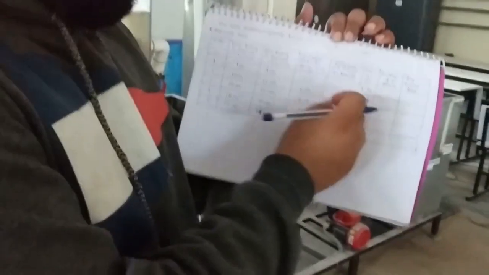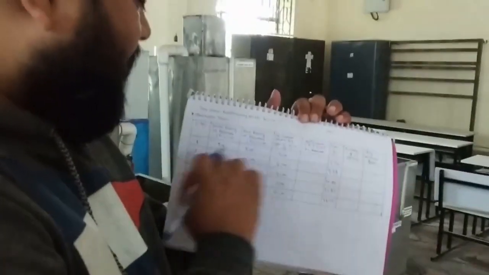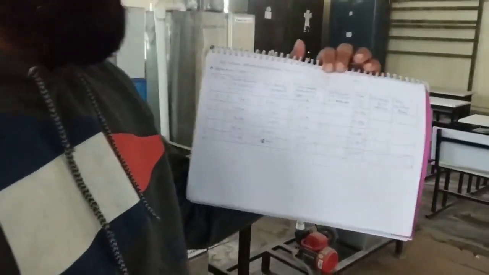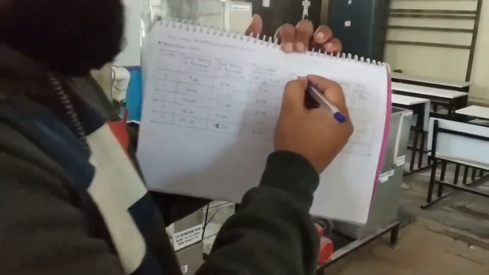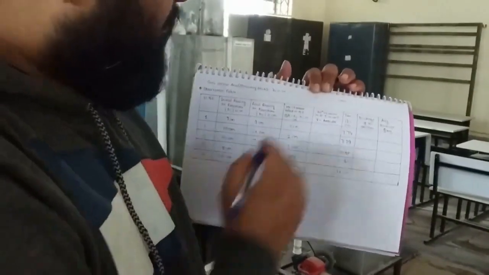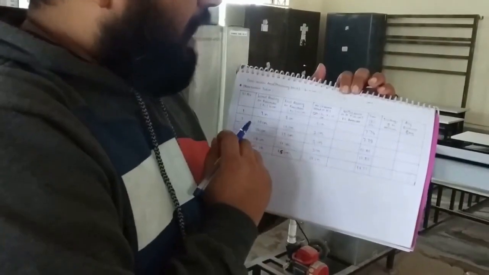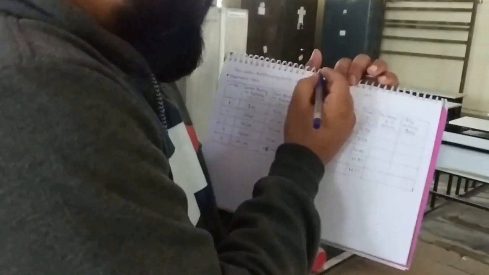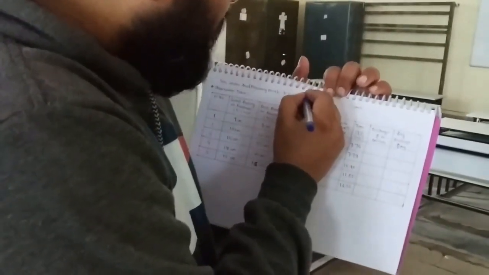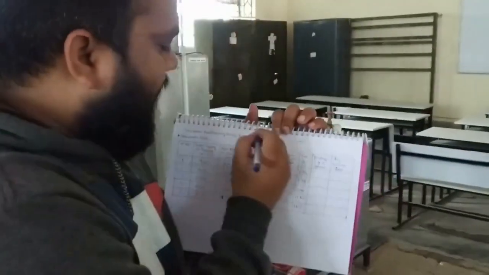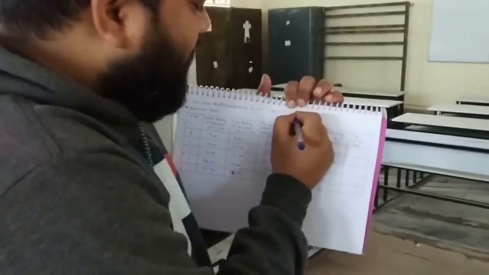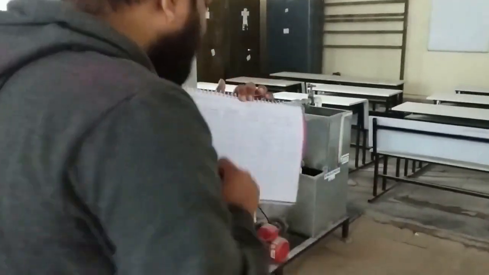Now we calculate the volume of the water in our measuring time for observation number 1, similarly for observation number 2, 3, 4 and up to observation number 5. So how to calculate the volume of water for the first observation? What is the formula for the volume of water? The volume of water is equal to the cross-sectional area. As I told, the width of the cross section is 40 centimeter and the width is 30, means 1200 centimeter square is the cross sectional area of the measuring tank.